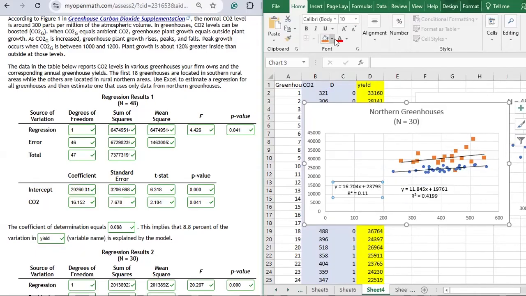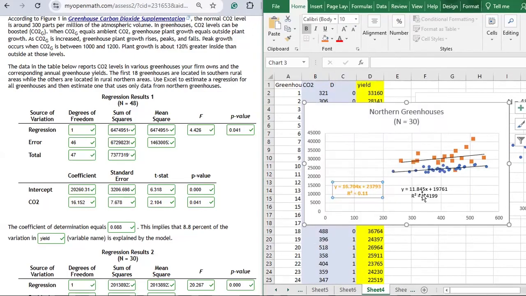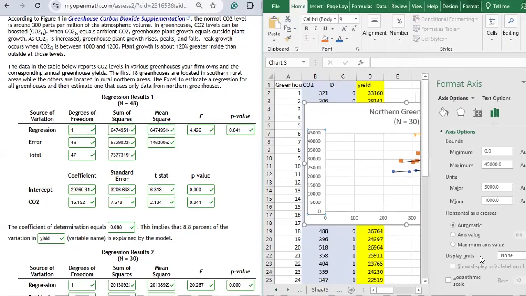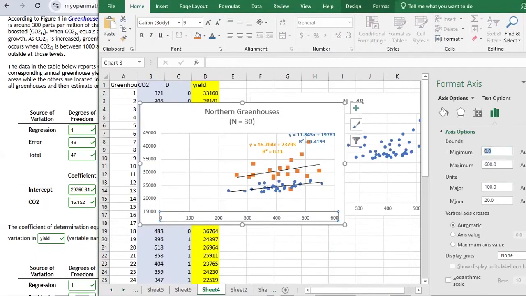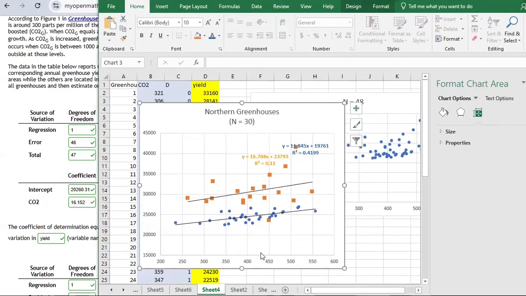I'll make this bold and I'll make the font dark orange. And I'll make this bold and I'll make these dots blue. Right click on this so we can see it better. I'm going to change the minimum value to 15,000. I'm going to change the minimum value to 200. And hopefully we can see it better. Then I'll stretch this. Now, if you look at the blue dots around this black line, they lie closer to